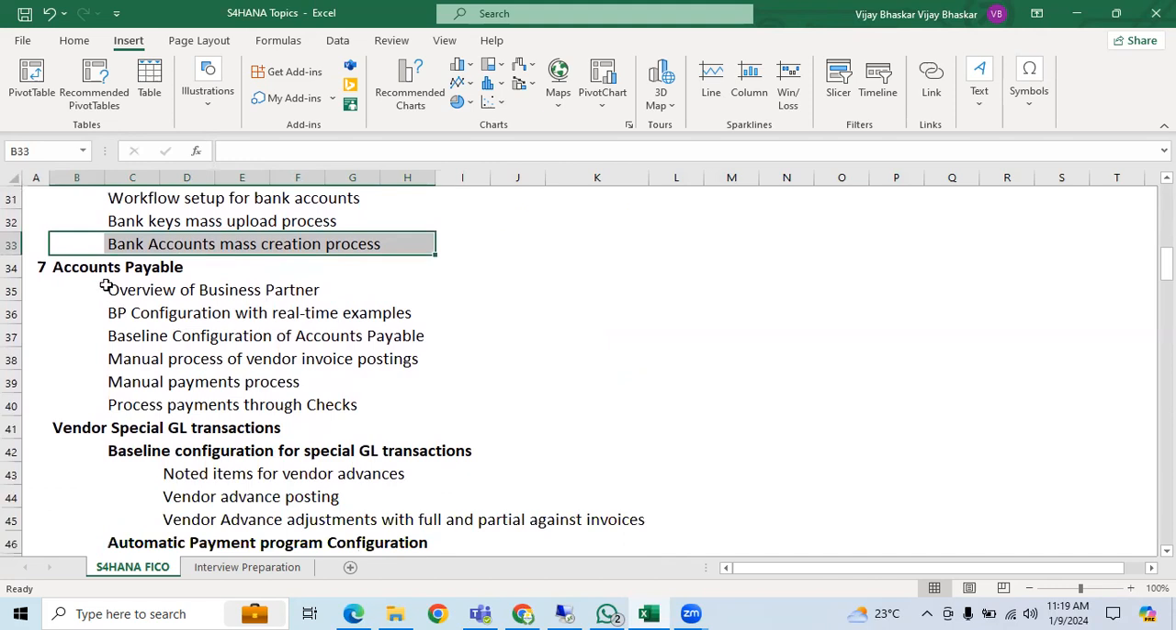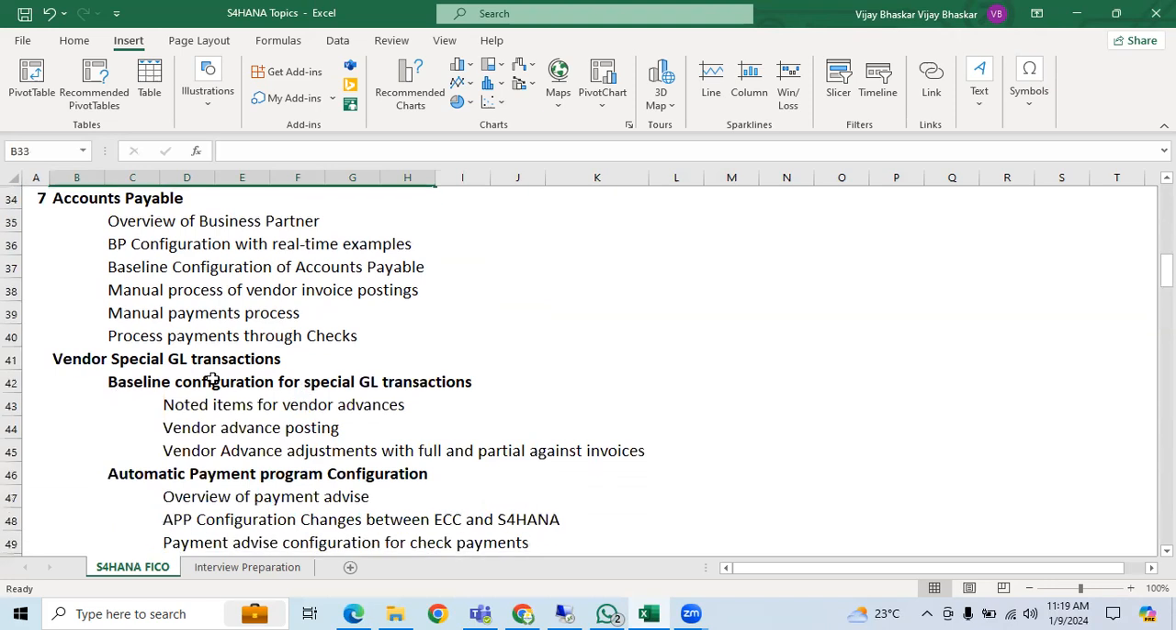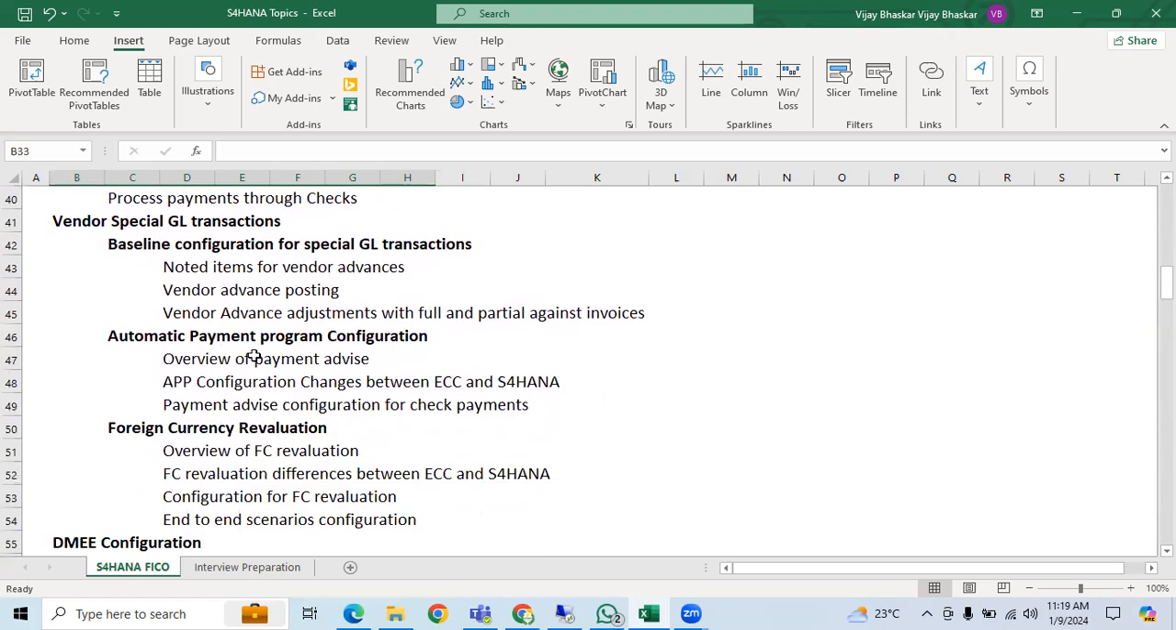Then coming to the accounts payable, overview of the business partner, BP configuration with examples, then baseline configuration of the accounts payable, manual process of vendor invoice posting, manual posting process, then process payments through the checks. Then coming to the special GL transactions, automatic payment program configuration. So foreign currency revaluation,